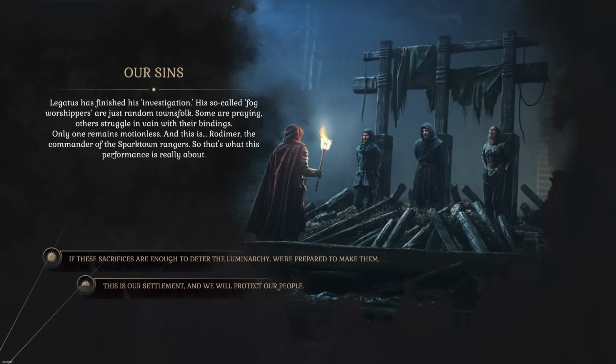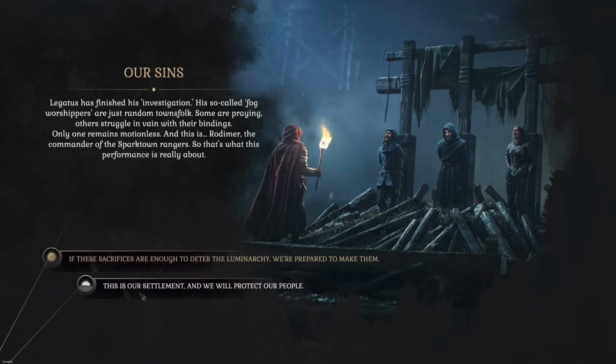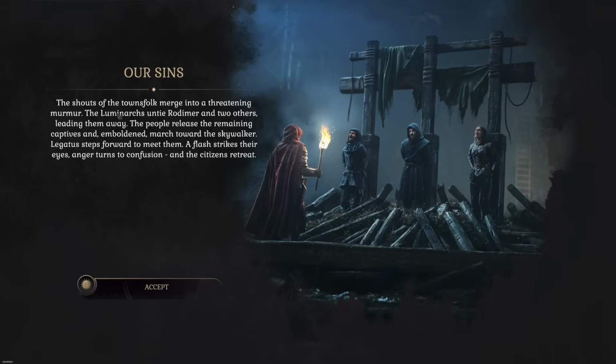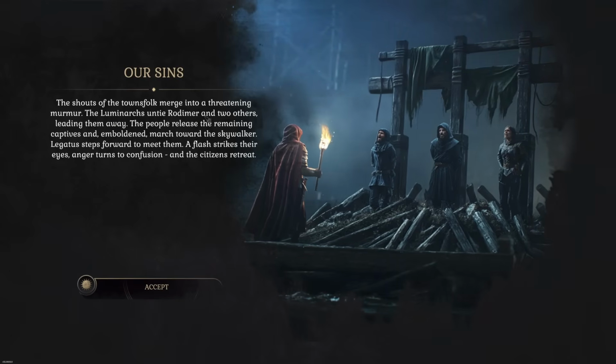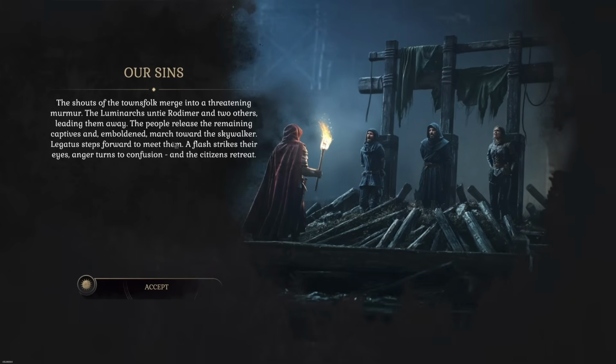Plus, this guy's cool. He's the head of the Rangers and everything. I don't really want to replace that. This is our settlement, and we will protect our people. Let them go. The shouts of the townsfolk merge into a threatening murmur. You might have kicked the hornet's nest there. The Luminarchs untie Rodimer and two others, leading them away. The people release the remaining captives, and emboldened...